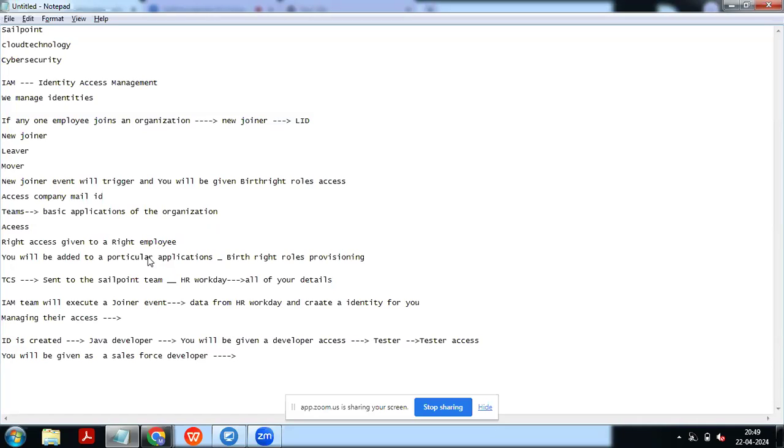If you joined as a tester, you will be given the access a tester needs. If you joined as a support engineer, whatever access they need will be given to you. If you are working as a developer, you will be given developer access. Any other questions or doubts?